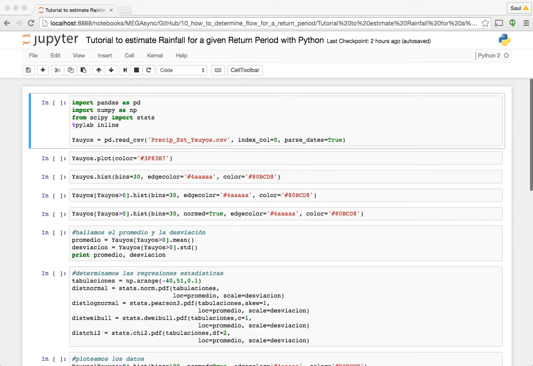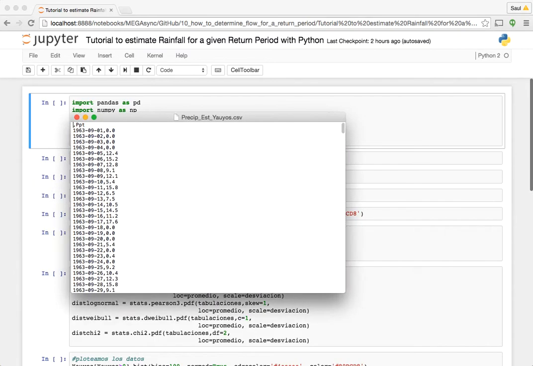My name is Saul Montoy, and this time we are going to do a tutorial to estimate rainfall for a given return period with Python. We are using Jupyter Notebook, which is an interface for Python, and what we are going to do is deal with data from a precipitation station on a daily basis